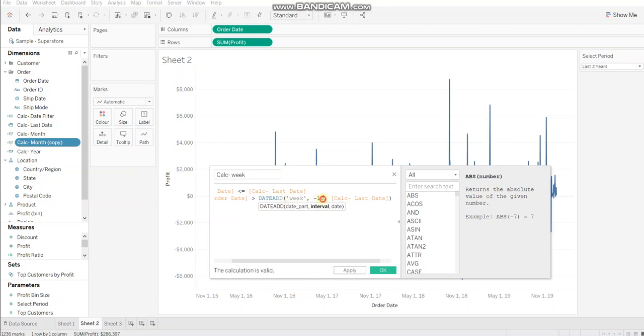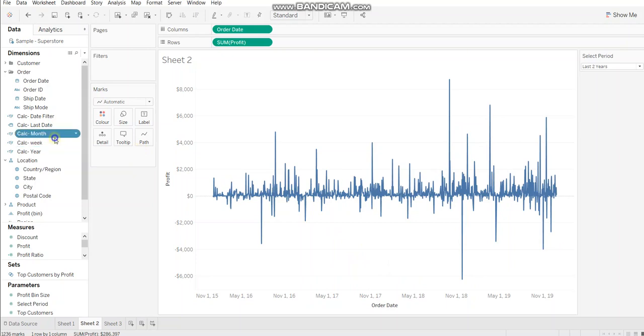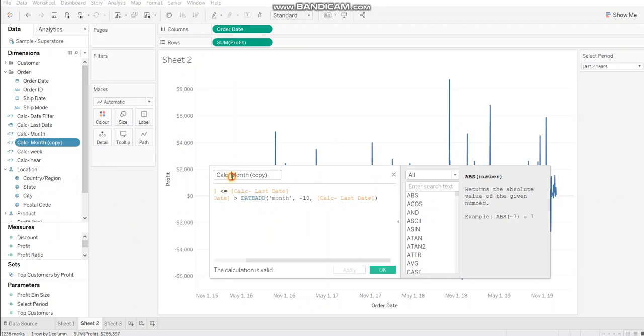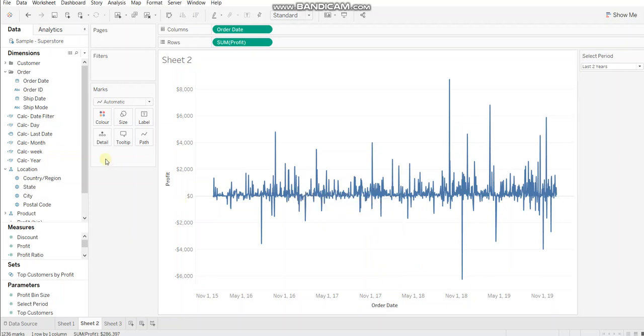Date part as week and interval as 6. Click OK. Now again create a duplicate and we'll customize this for day. So date part would be day and interval would be 15. Click OK. Now we'll use these calculations to create a filter.